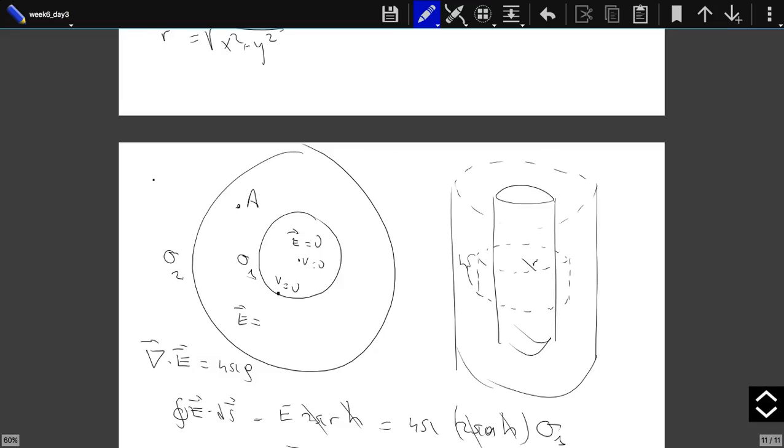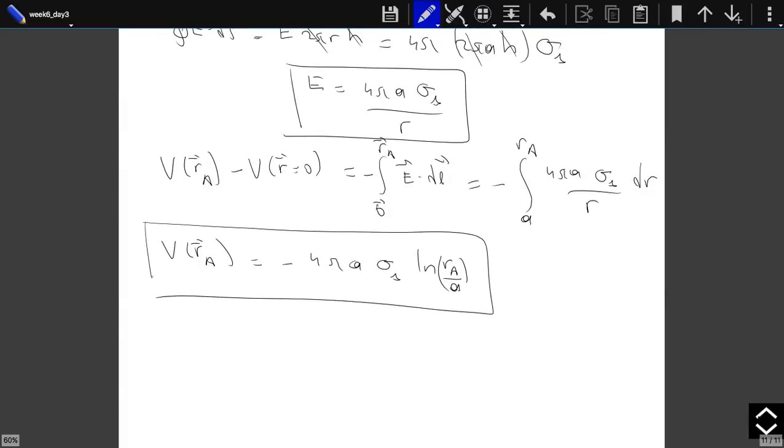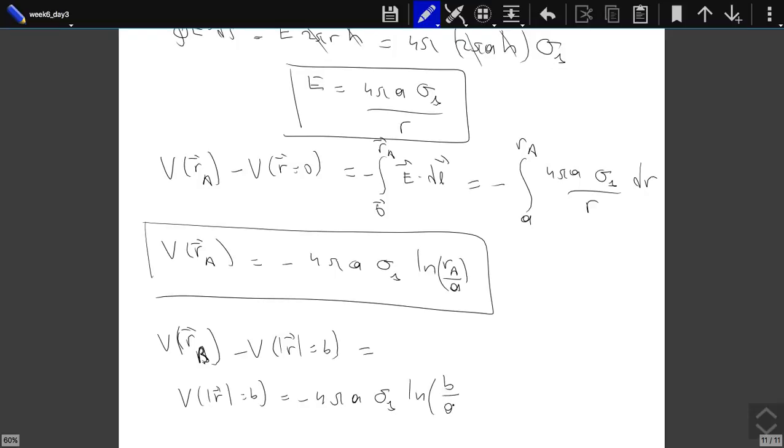Now let's take the point B. Let's evaluate V of RB minus V of R, where the magnitude is equal to B. This is the potential difference between the surface of the outer sphere and the point RB. I know that the potential at the surface of the outer sphere is minus 4 pi A sigma 1 logarithm of B over A. This one I know, so I will use this one. So this will be equal to the integral from some point on the outer sphere to RB